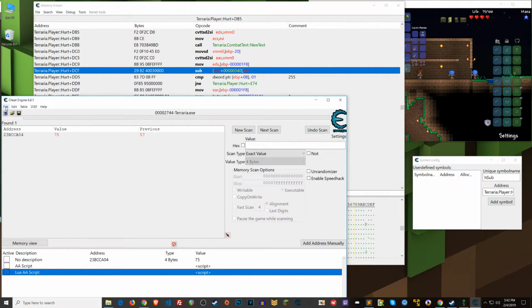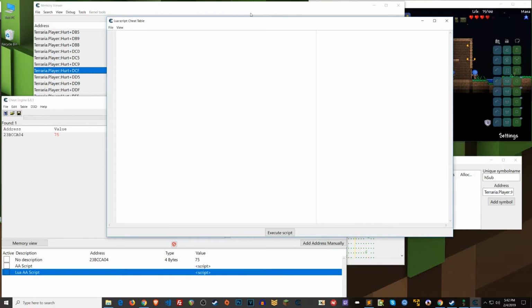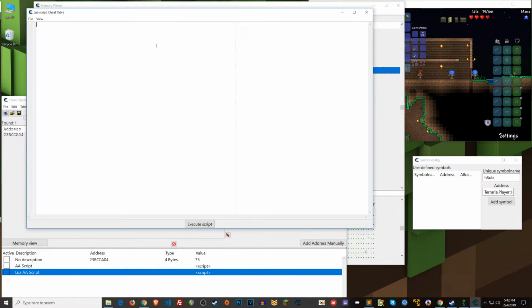What we want to do is go Table, Show Cheat Table Lua Script. All right, and now what we can do is create two functions. In the actual Lua trainer that we're going to make, I'm going to have two buttons, one enable and one disable, just to make it really easy for us to switch between the two. So I'm going to make two functions. I'm going to name one scriptEnabled, end. Copy, paste, script